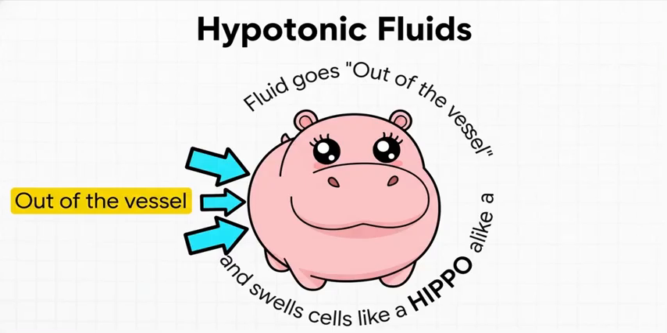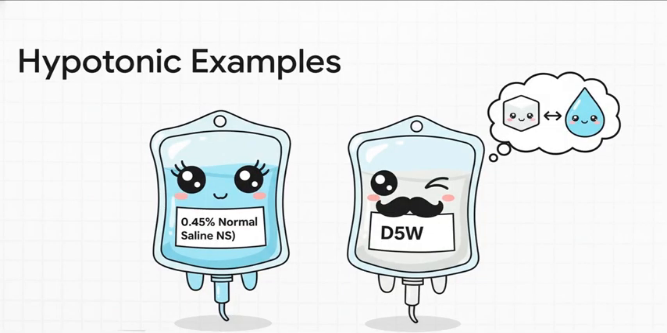Okay, next up are hypotonic fluids. The memory trick here is that fluid goes out of the vessel. It moves into the cells, making them swell up like a big fat hippo. That's because these solutions are less concentrated or more watery than our blood. You'll see things like half-normal saline, and then there's a really sneaky one you have to know for the NCLEX,